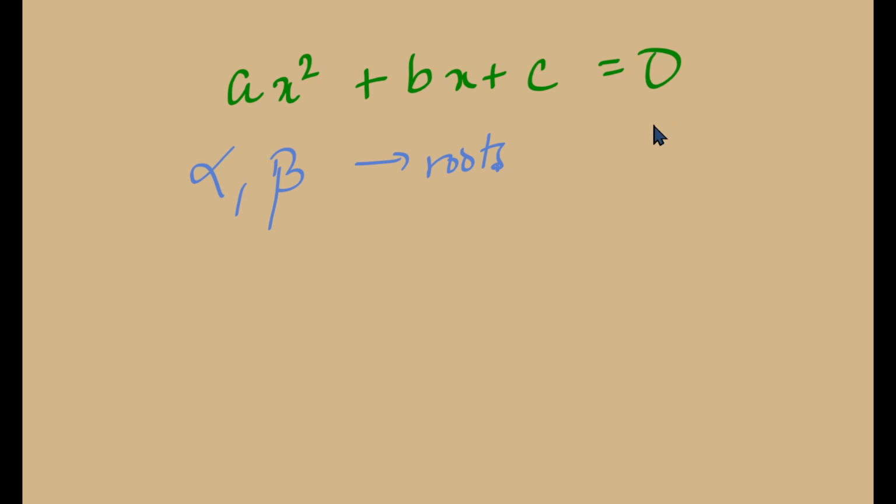Like we saw in the previous video, we mean that if we substitute alpha in the place of x into our equation, it will satisfy the equation, that is, a alpha squared plus b alpha plus c should be equal to 0. Only then we can say that alpha is a root, and the same holds for beta too. And in the previous video we derived this relationship between coefficients and roots